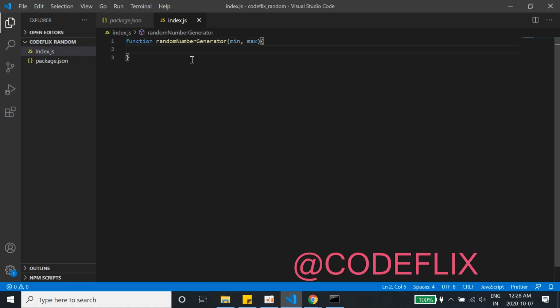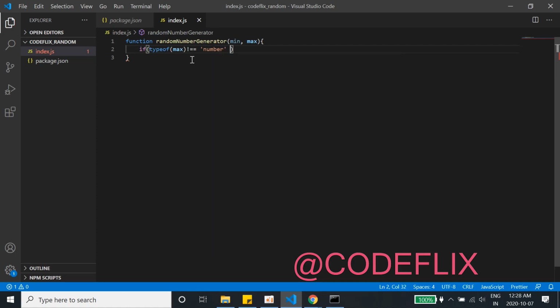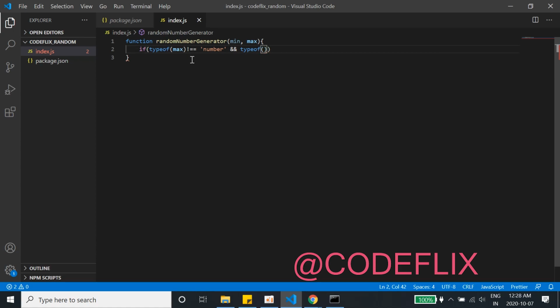So that's how we will create the logic. I'll give the braces. If typeof max is not equal to number, and the same for min, typeof min not equal to number, then we'll give a min equal to 0 and a max equal to 1 by default.